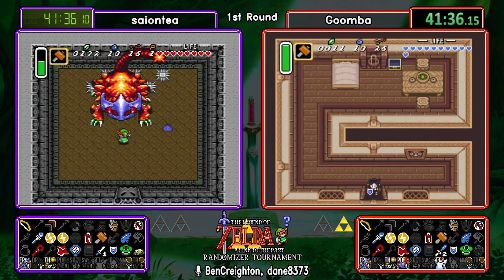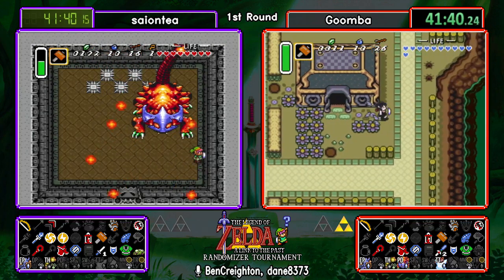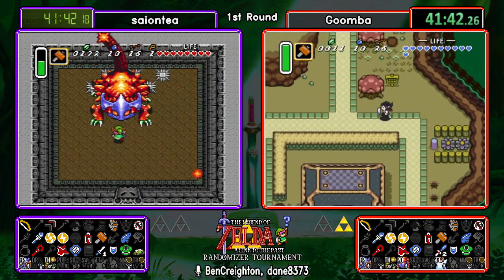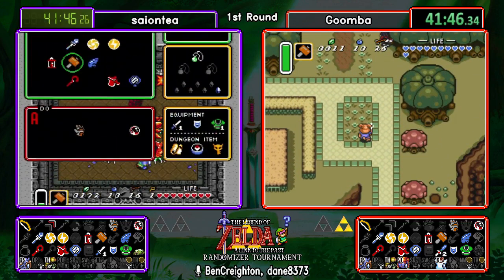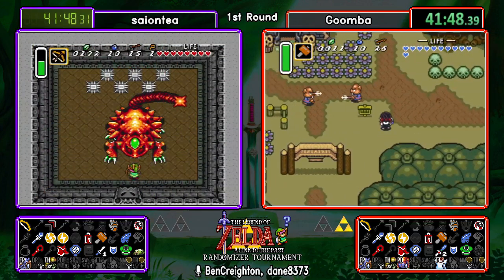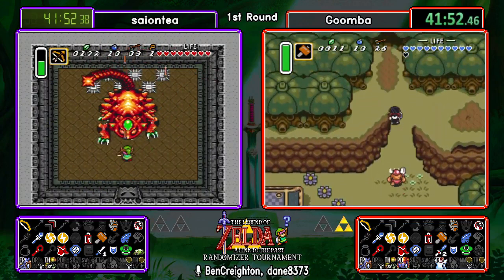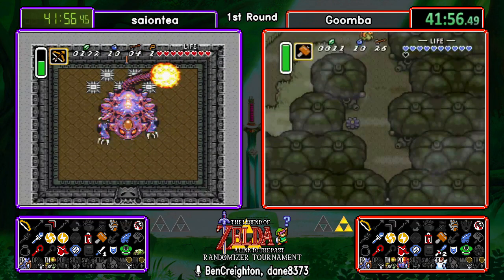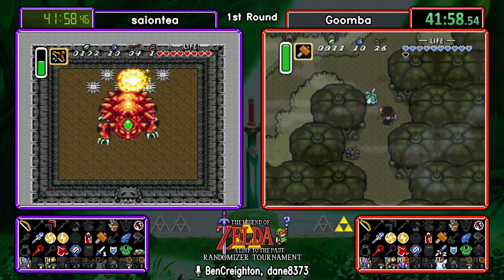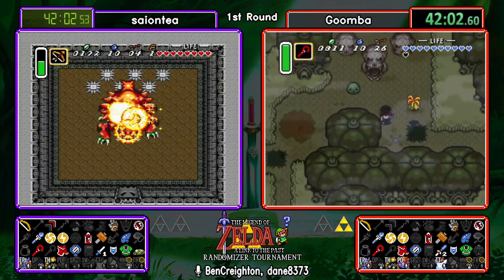Santi doing his Helmasaur fight, also just gonna smack away at the masks, trying to get as fast as hits to try to despawn the fireballs there, but unfortunately was a few short. And Goomba's going to the North Dark World here. Down goes Helmasaur King on Saiontea's side, so he'll get to collect his second crystal, and then probably going to